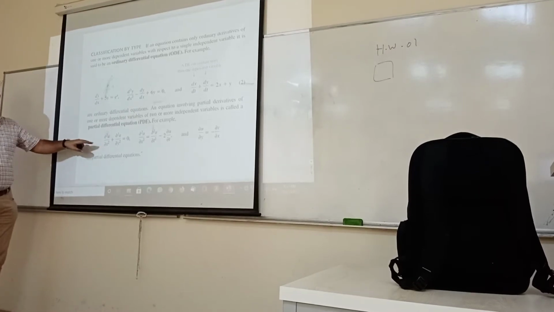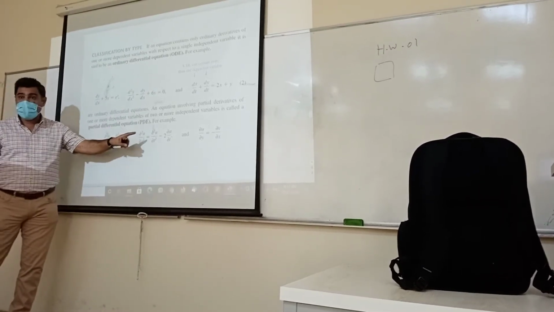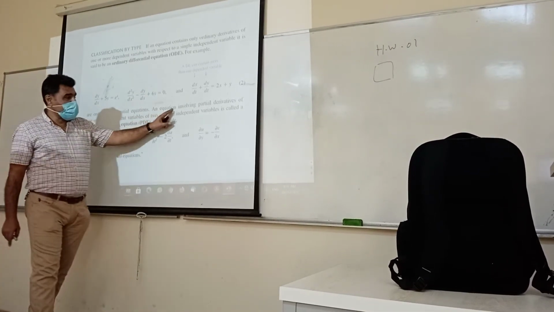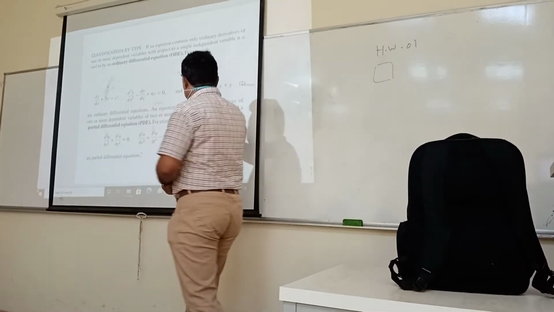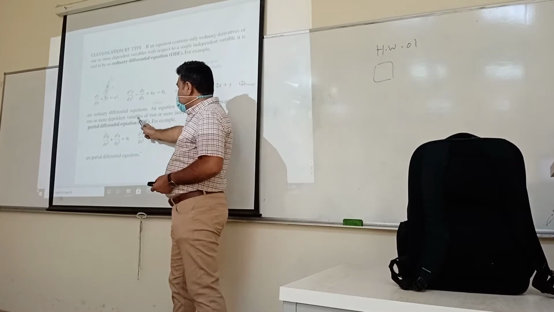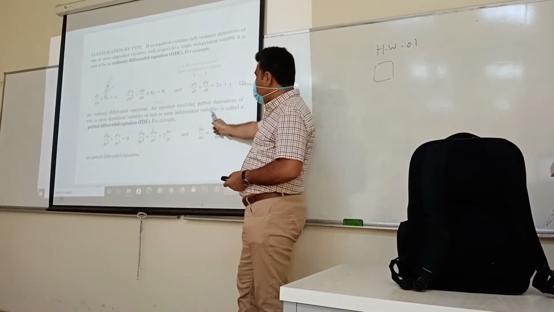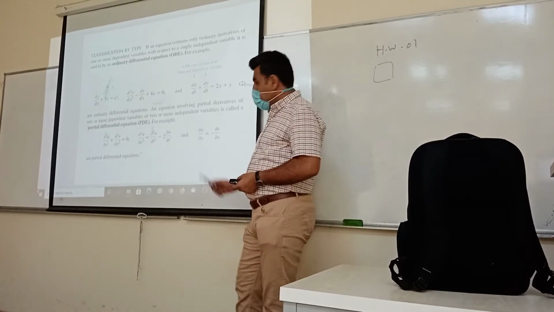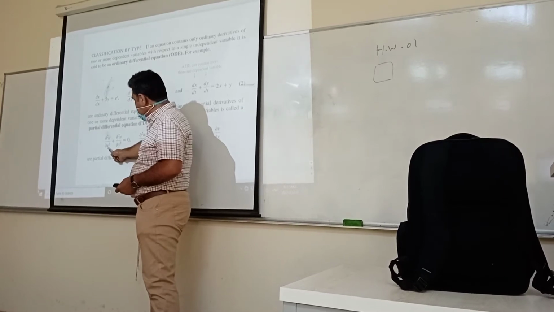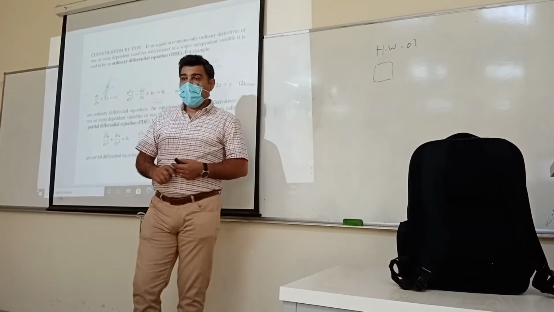On the other side, we have the second type, which we call partial differential equation. In this case, what the definition says is: an equation involving partial derivatives of one or more dependent variables of two or more independent variables. So, du over dx and at the same time du over dy. For example,